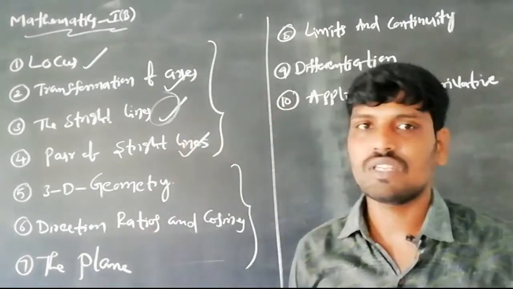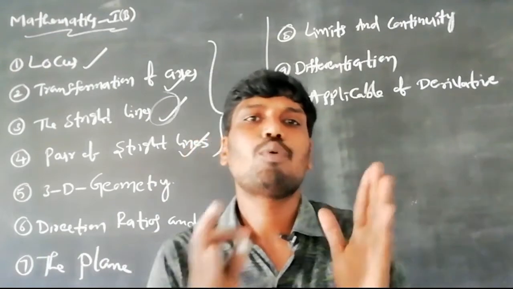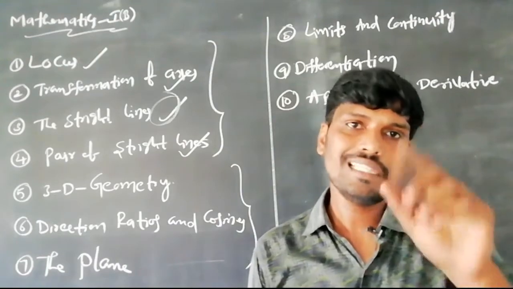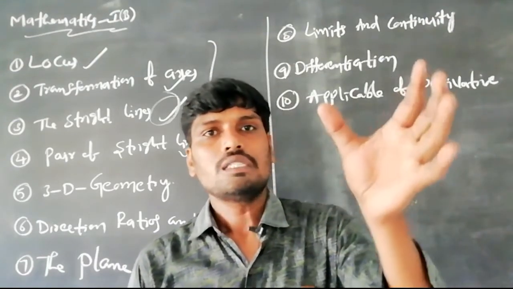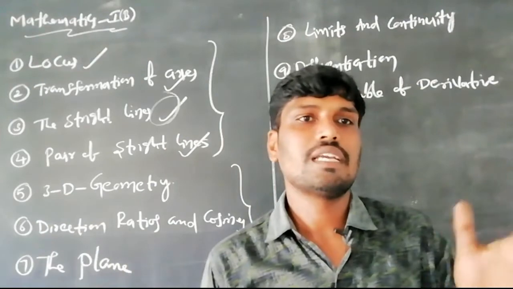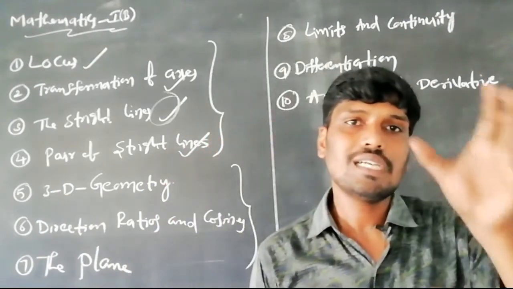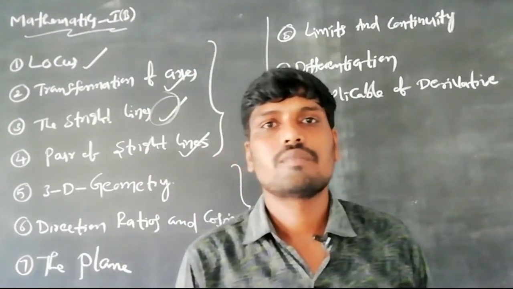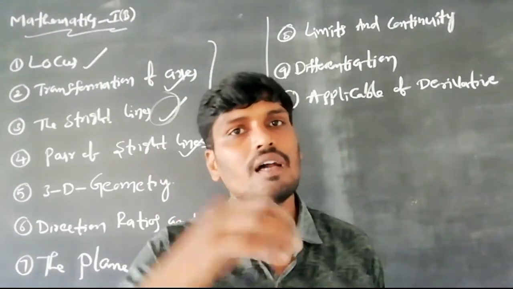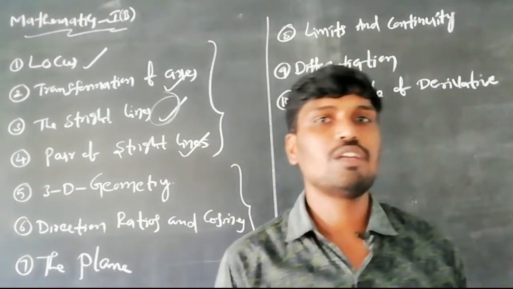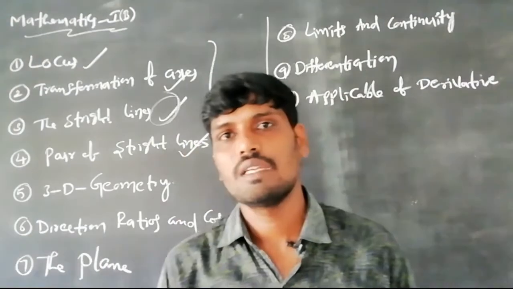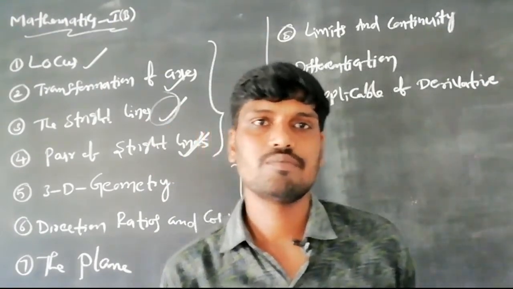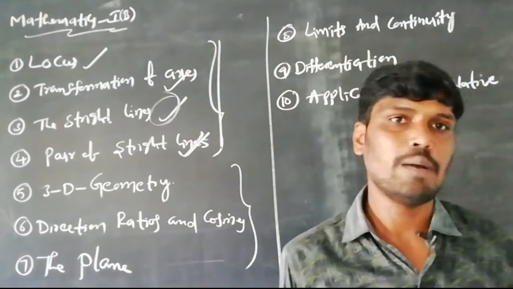Next one is pair of straight lines. A pair of straight lines is nothing but the product of 2 straight lines, the combination of 2 lines. In this chapter, a second degree homogeneous equation or second degree non-homogeneous equation is given. Check whether that second degree equation is a parabola, hyperbola, ellipse or circle. That type of problems comes in EAMCET. From this chapter also 2 questions come in EAMCET. These 4 chapters belong to 2D geometry.